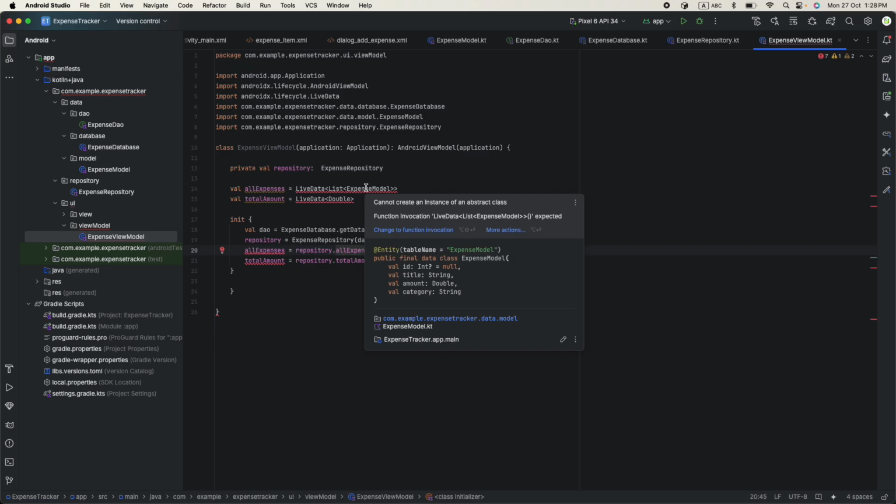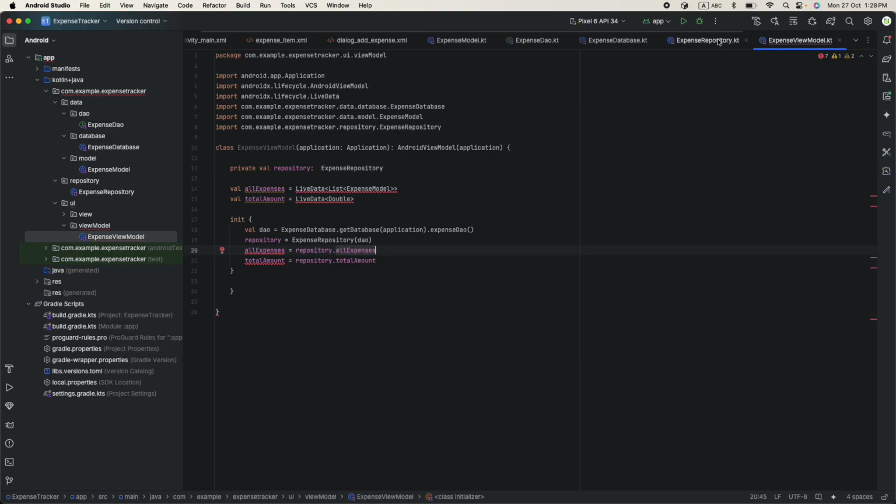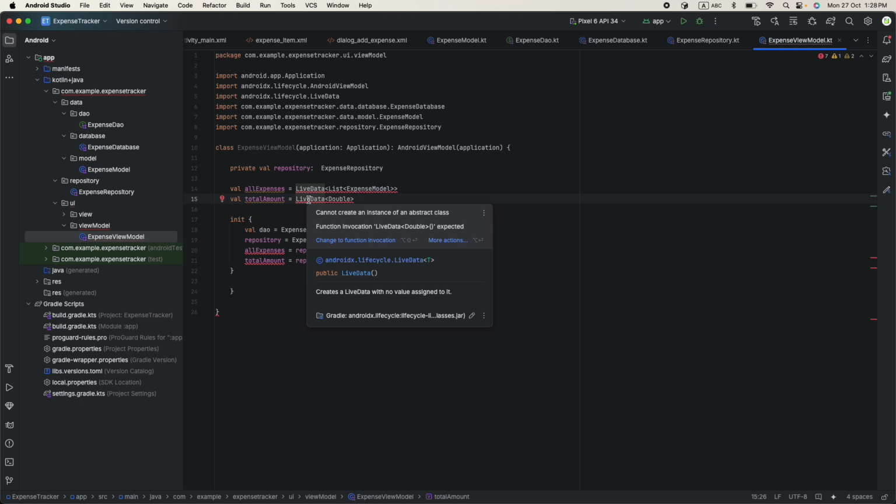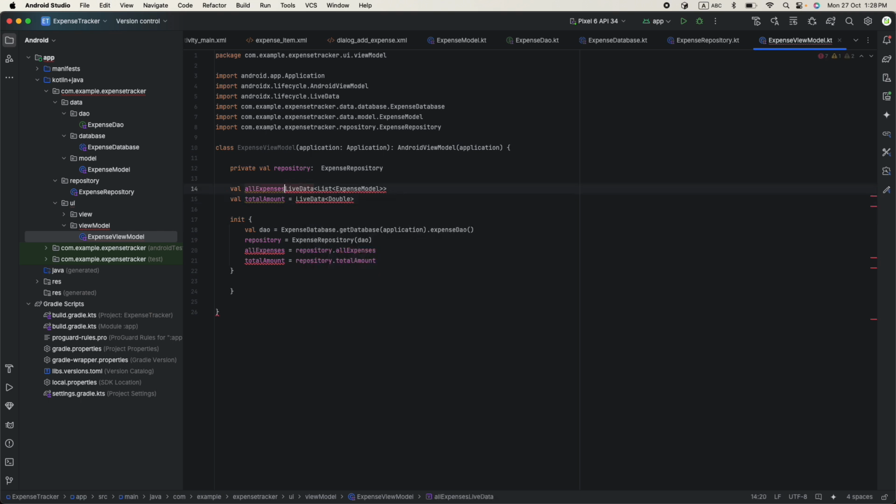Okay, why do we have this? Cannot create an instance of a struct class. Repository should be... double. Okay, that shouldn't be there, we need to declare it first. Okay, now